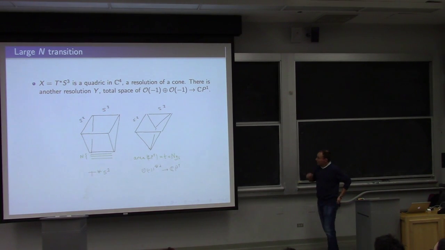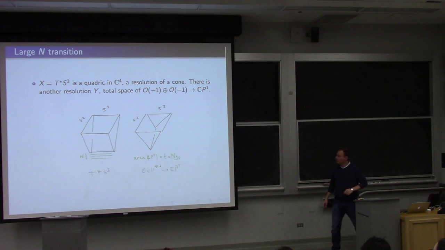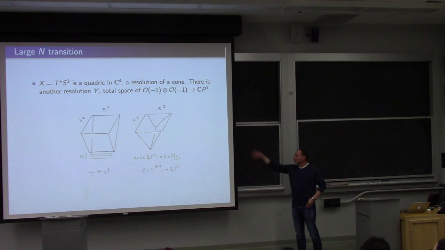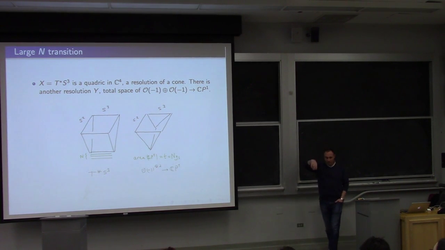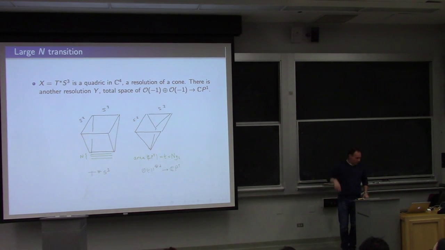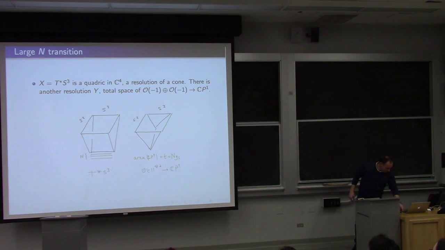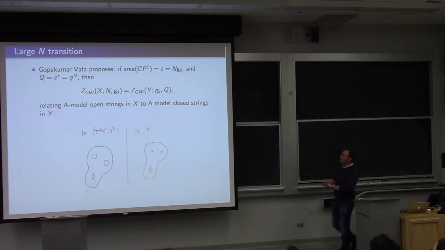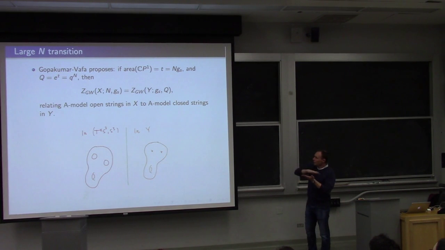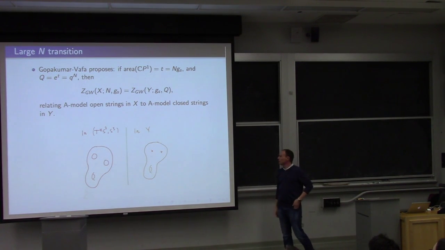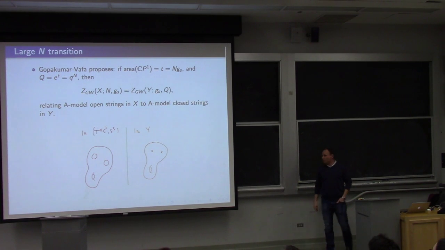And the conifold transition relates the open string theory on the left in T star S3, with n copies of the zero section, to a closed string theory in Y, so in the resolved conifold,